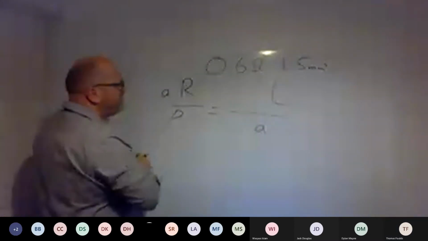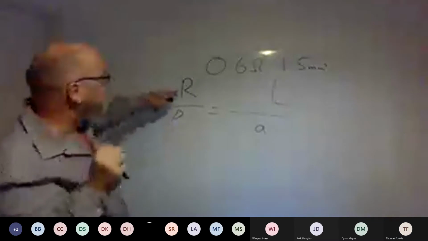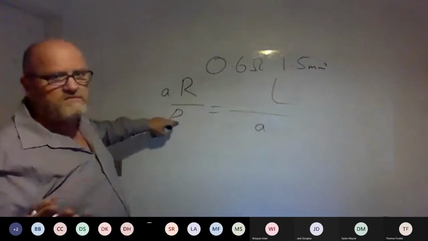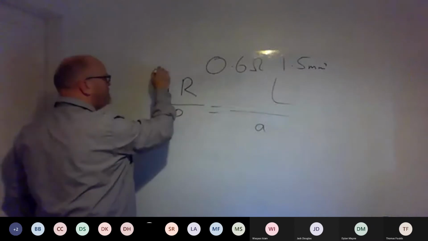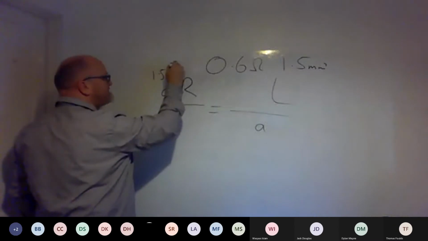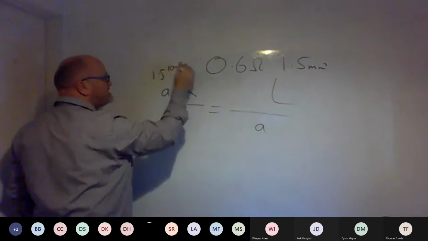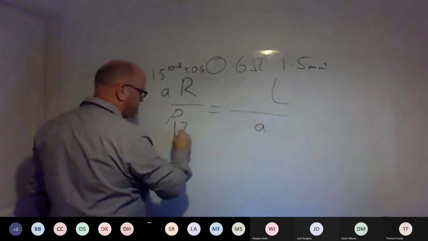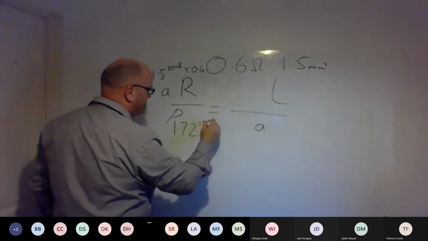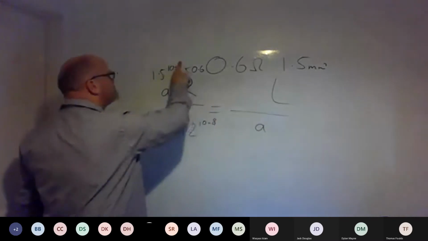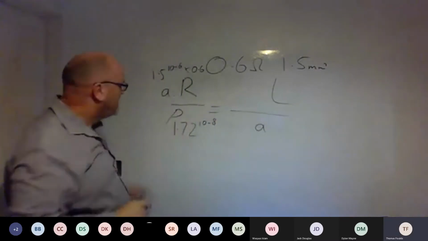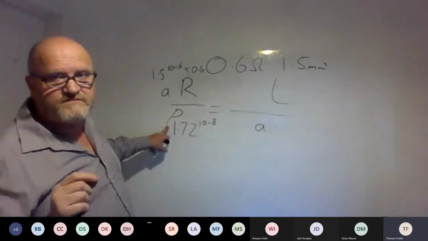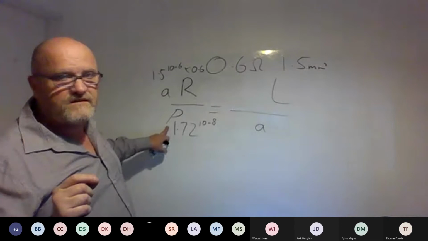So it'll be 1.5 x10 to the minus 8 times 0.6 divided by 1.72. So you have 1.5 x10 to the minus 8 times your 0.6 divided by 1.72 x10 to the minus 8. Is that number constant with that side of the bit? It's constant. I'll never ask you to work it out. It's set in stone. Is that okay? Yeah.